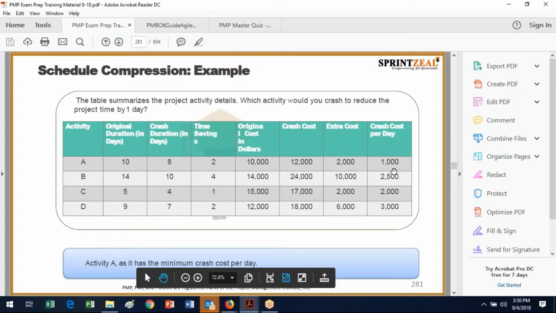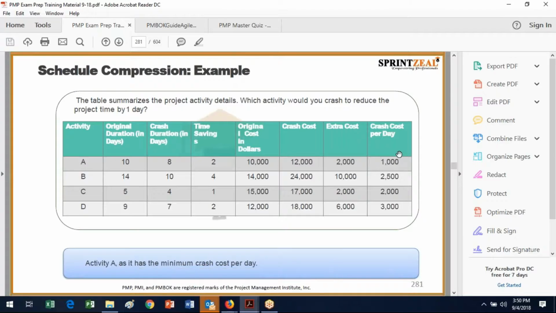And basically you want to pick the one with the minimum crash cost per day. So this is another one of those things where you might want to put into your brain dump: pick the activity with the minimum crash cost per day. And so you can see how that's calculated in terms of the original cost in dollars, and then the crash cost. Obviously, the extra cost is